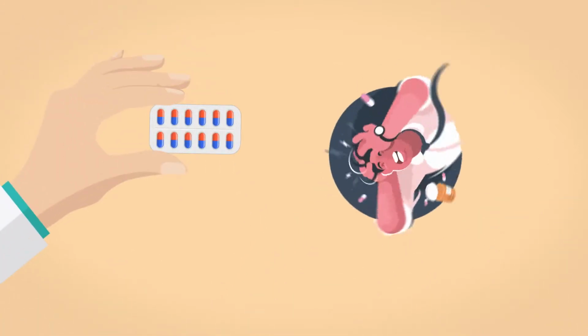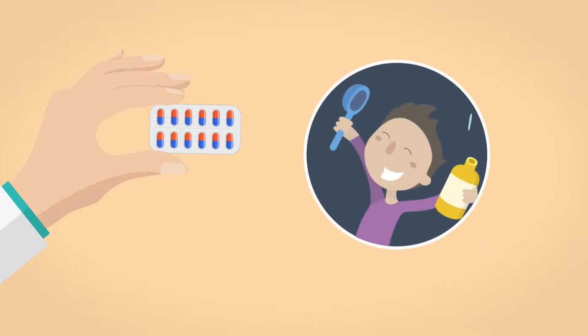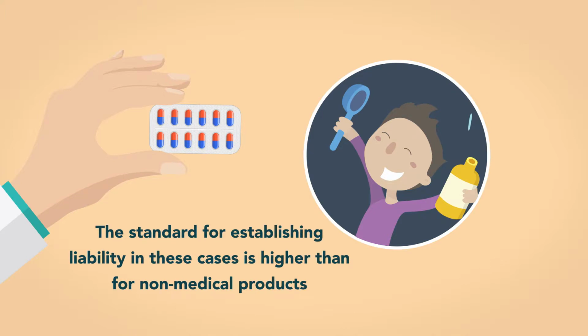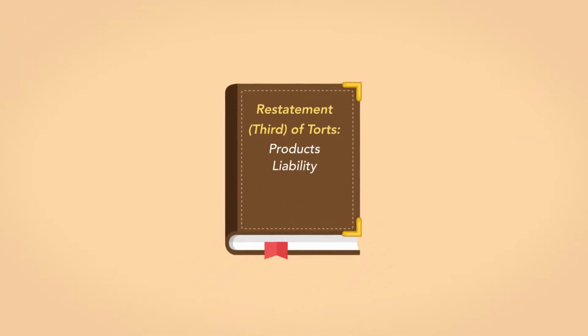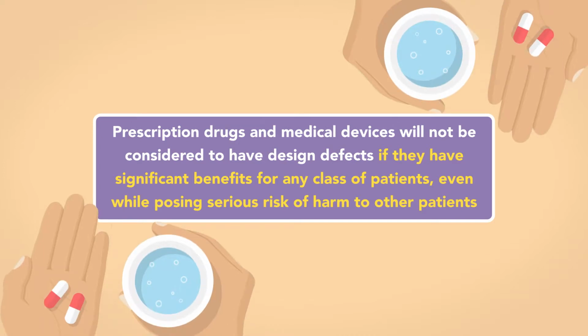If the law imposed broad liability due to the risks medical products pose to some, it would prevent the use of these products by others for whom they are greatly beneficial. For this reason, the standard for establishing liability in these cases is higher than for non-medical products. The standard adopted by a highly influential torts treatise is that prescription drugs and medical devices will not be considered to have design defects if they have significant benefits for any class of patients,